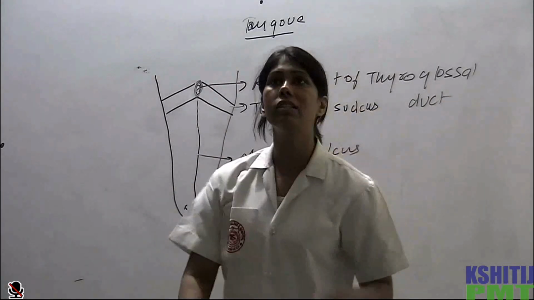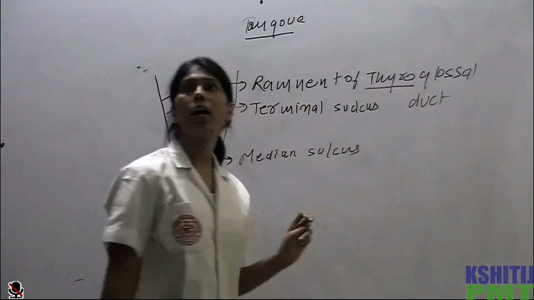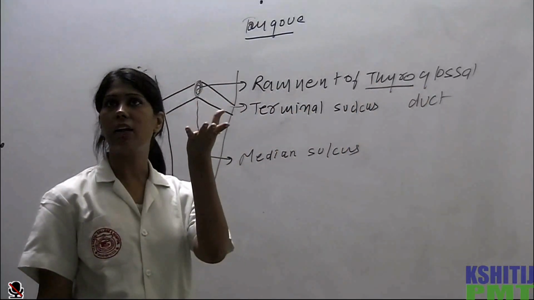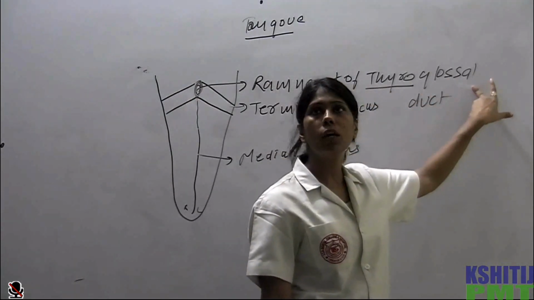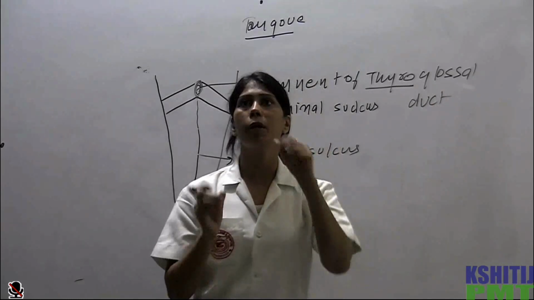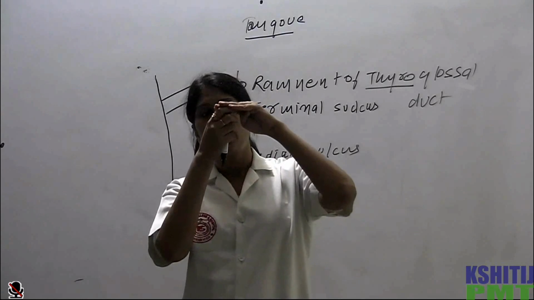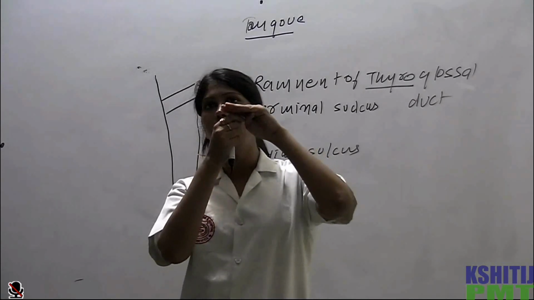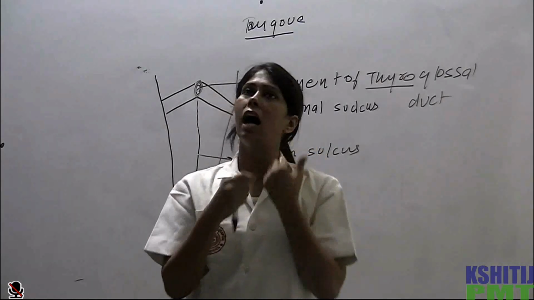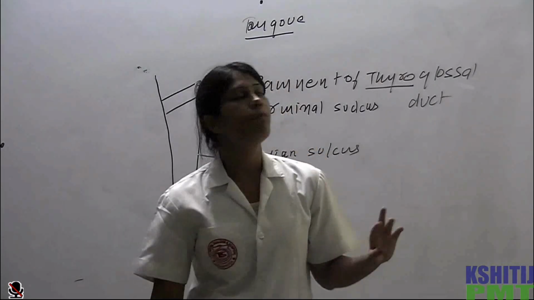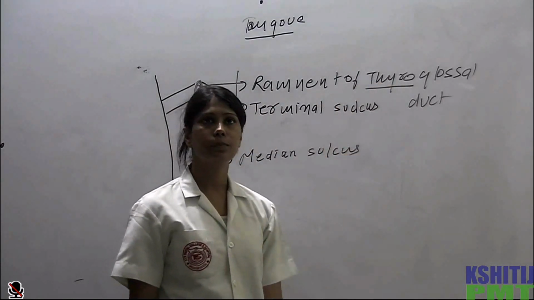Now, why is it called the thyroglossal duct? Thyro stands for thyroid gland, glossal means tongue. We have the tongue there, and that was the thyroid gland descending down. Initially there was a formation of a duct-like, pipe-like structure. After that, it degenerates. That's why it is called the remnant of the thyroglossal duct.